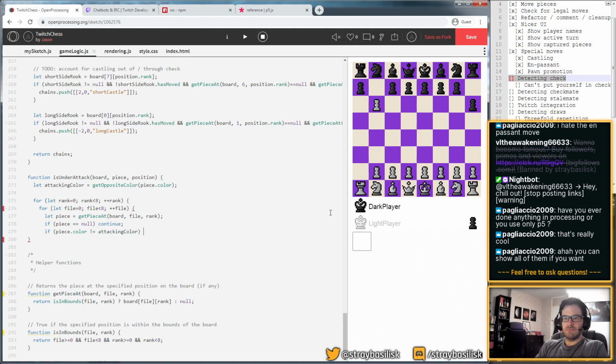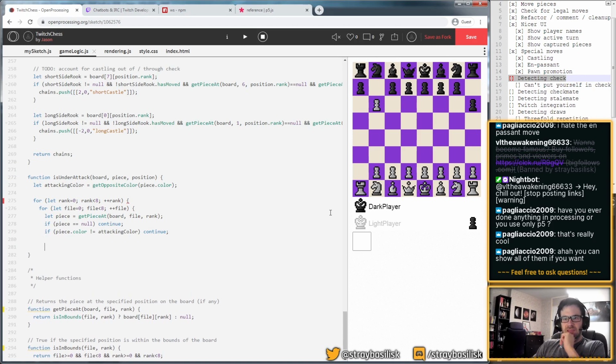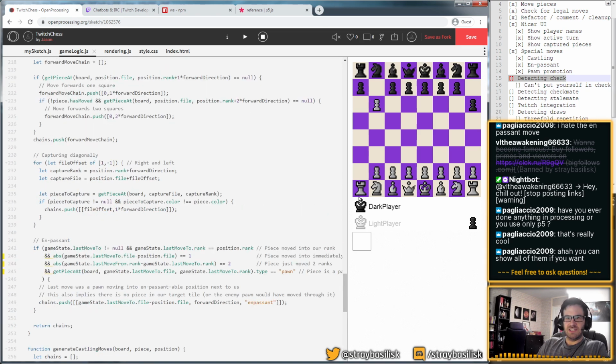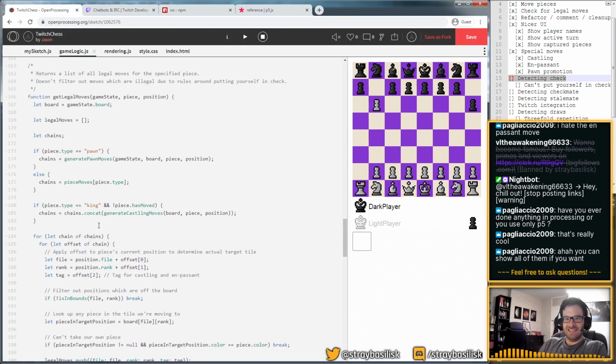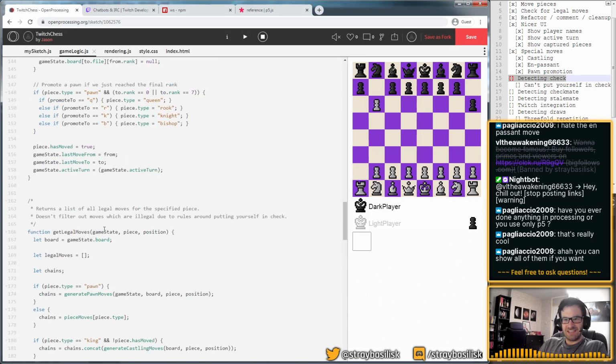Okay, and now I just get all of its legal moves, and I need to pass in... This isn't the best IDE. I'm used to hovering over to see the parameters.